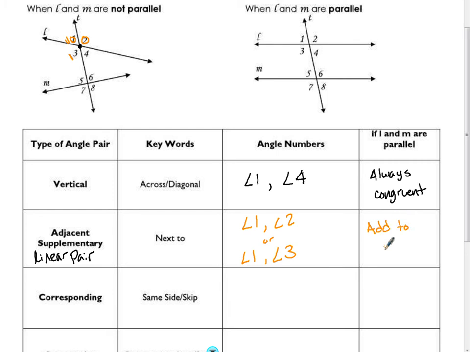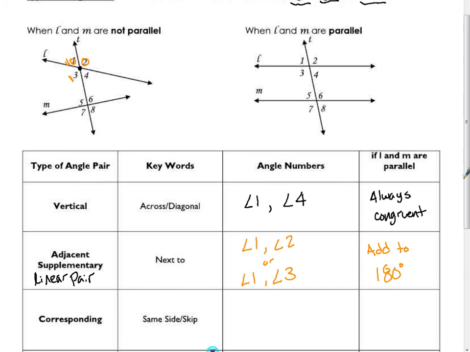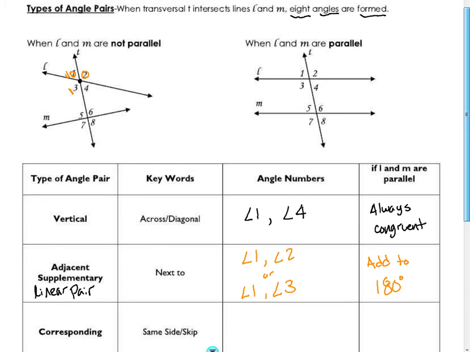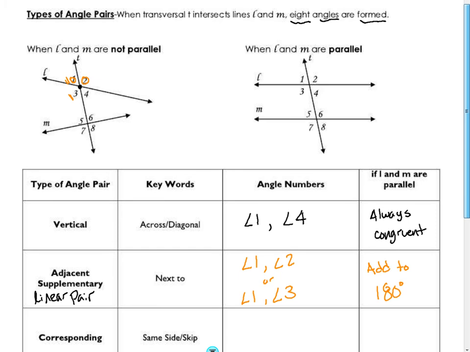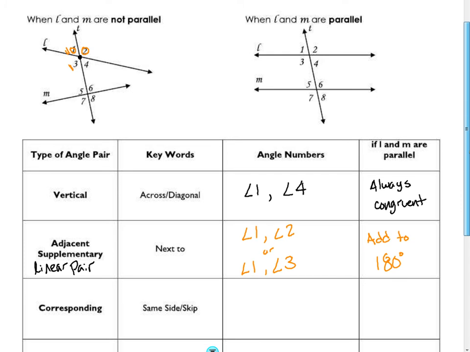So those are some relationships that we've already talked about. There's some new ones that we're going to add today for angle pair relationships, and they specifically deal with when we're looking at two lines that are parallel to each other and a third that intersects those two parallel lines. So the first one we're looking at here in our notes is corresponding, and the key word for corresponding is